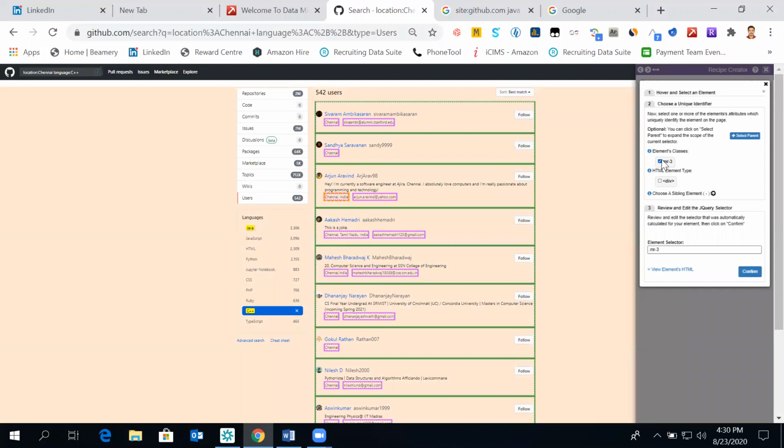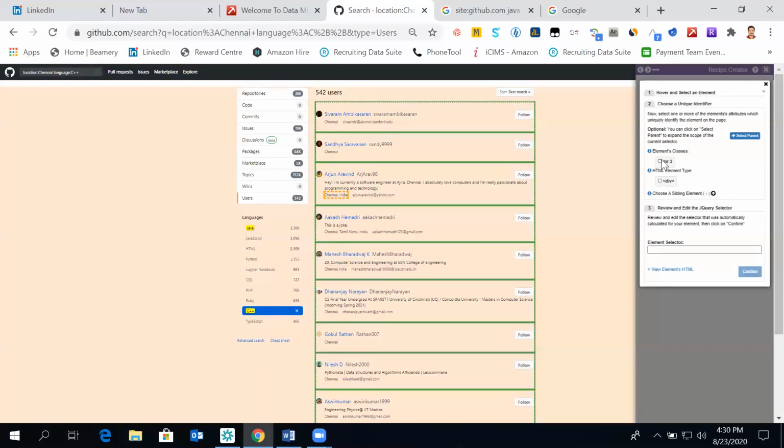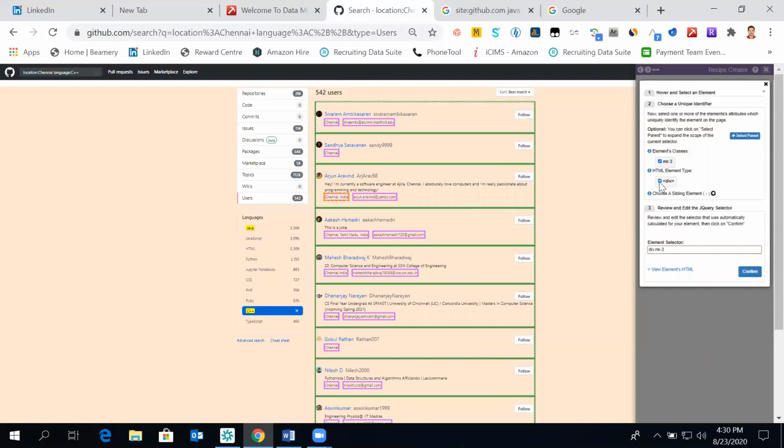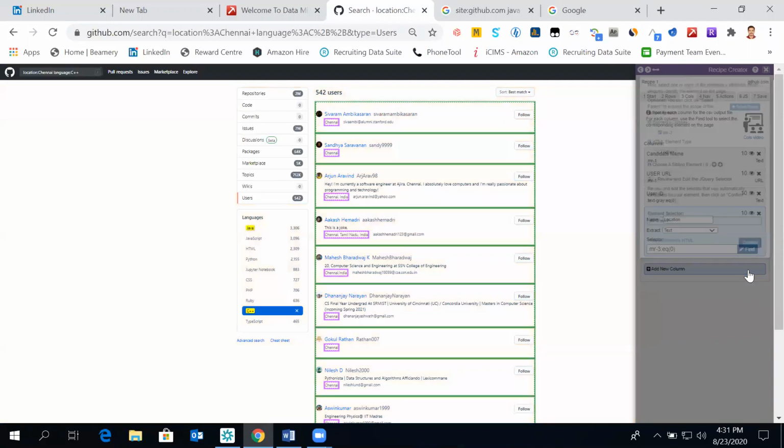So here again, it's selecting Chennai and email ID. First, we have given this text. Now this is also selecting various columns. So we just say the first one and again one up arrow. Confirm.